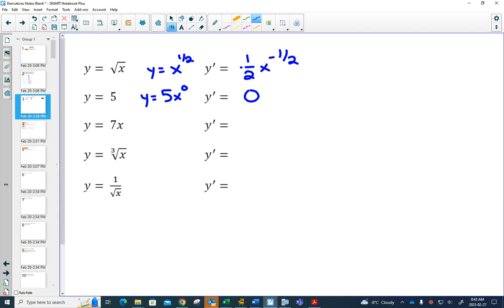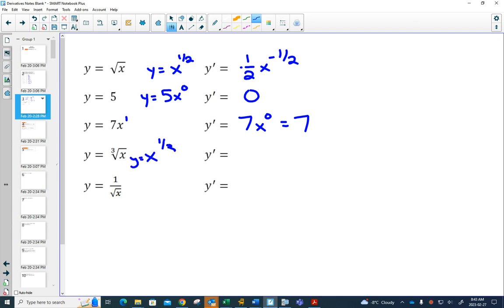If you have 7x, that's 7x to the 1. If you bring that out in front, again, you're going to learn to just write 7. But you could write 7x to the 0, which is going to be 7. When I subtract that 1 from the exponent, I get an x to the 0. Even with cube roots,